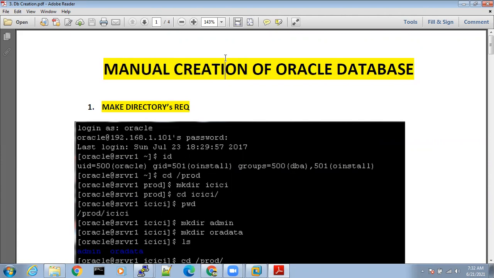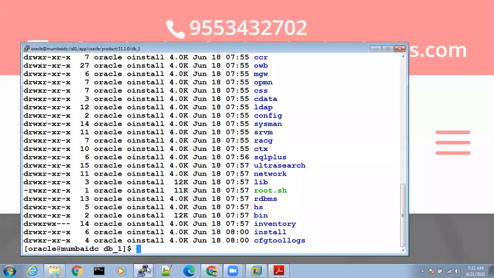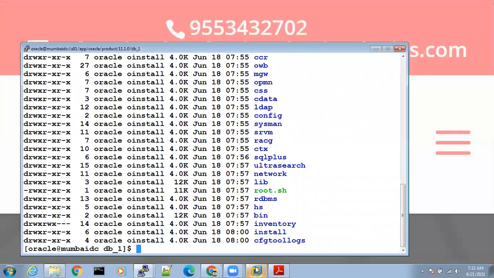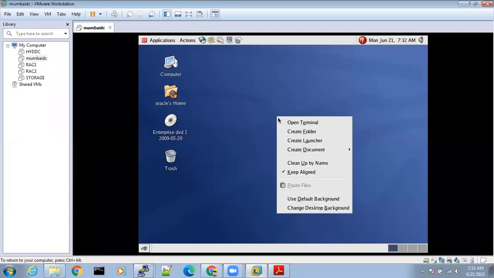And why are we going with manual creation? In Oracle we can create a database with the GUI also. There is an option. I'll show you, but I don't want to show you right now, in the first session, because I love being tough. If the initial days are tough, we are actually working on different methodologies. I want to show you a very different method. In general, in real time, we use the GUI to create a database.